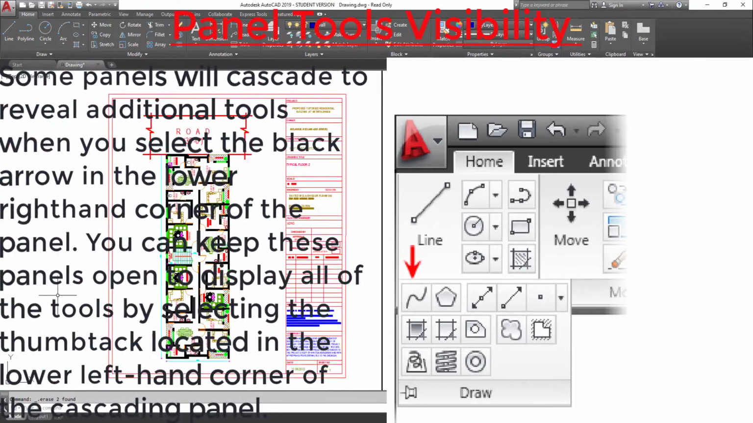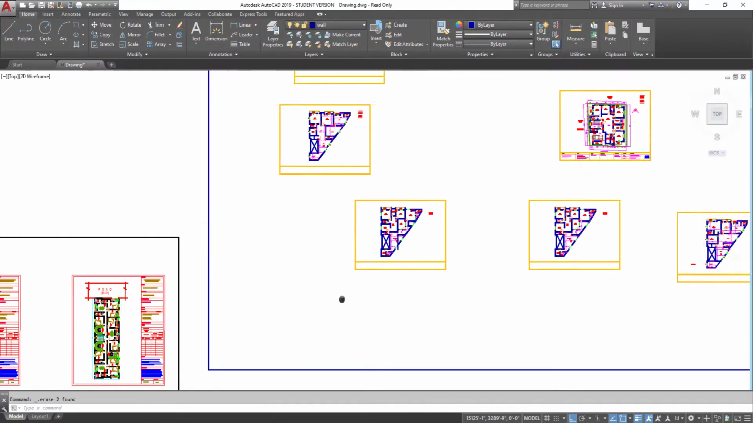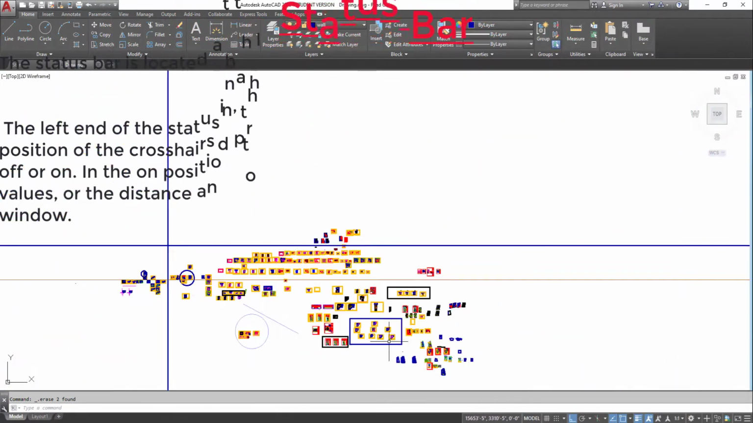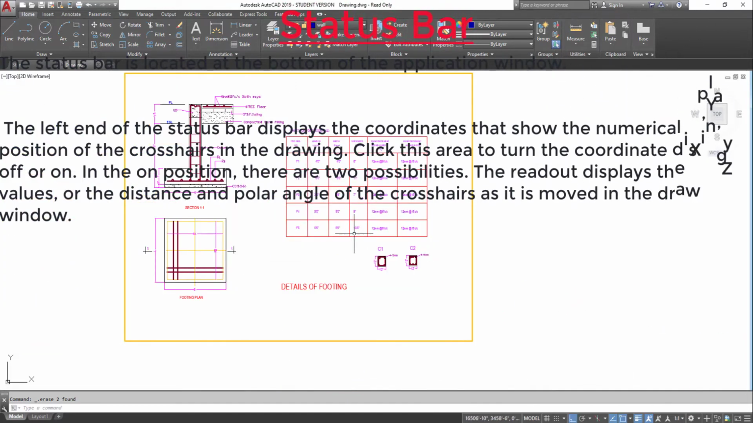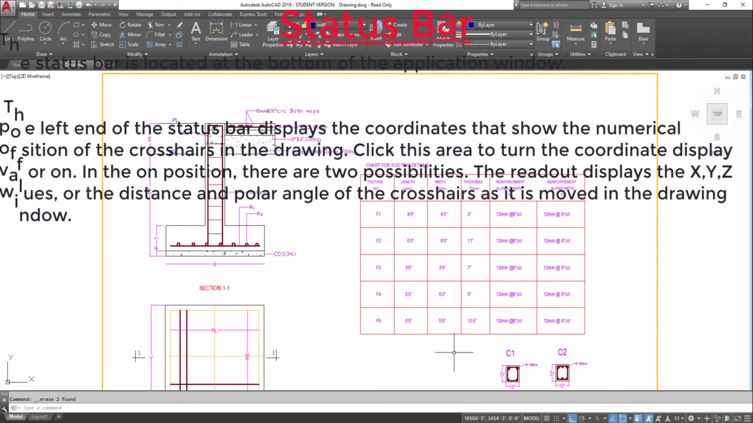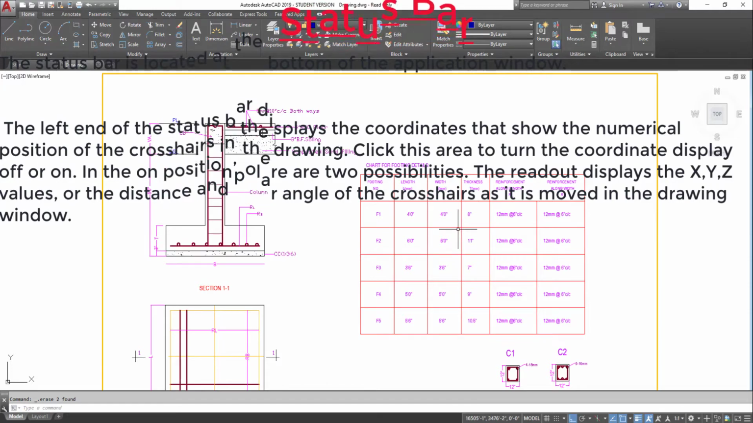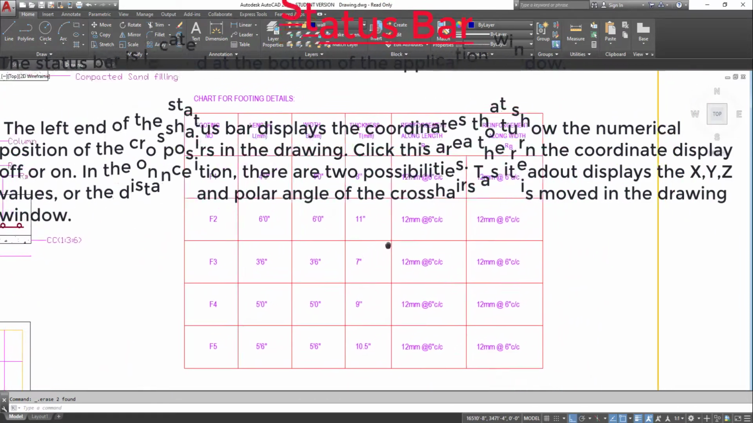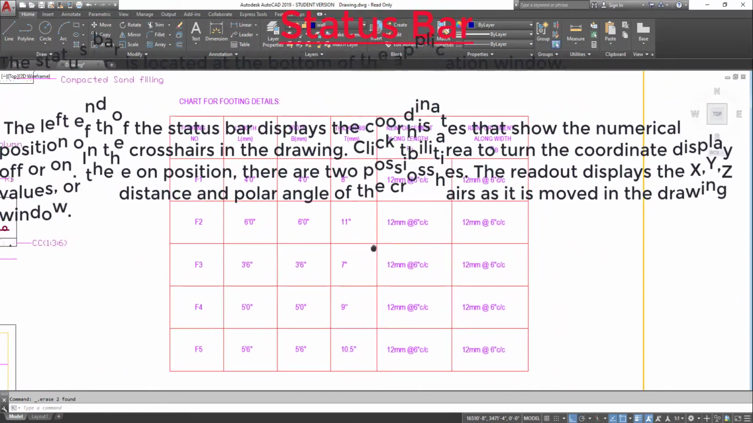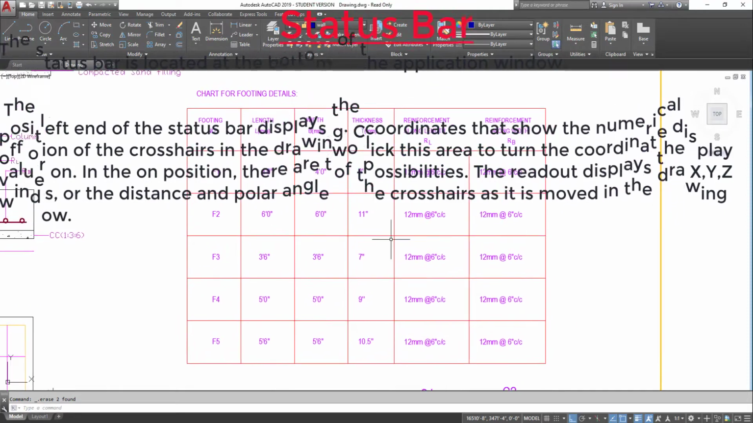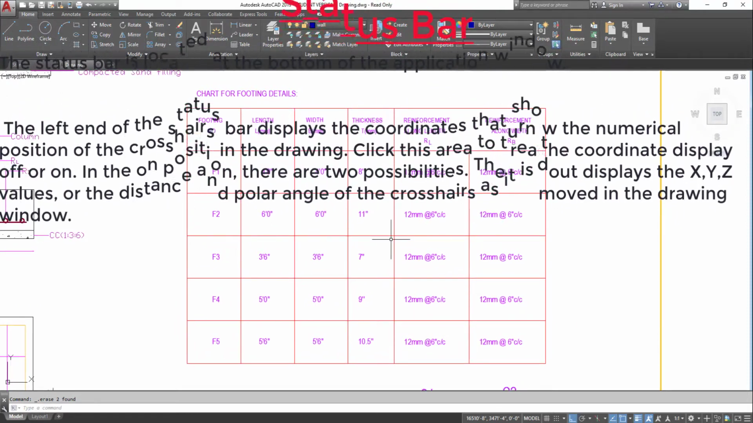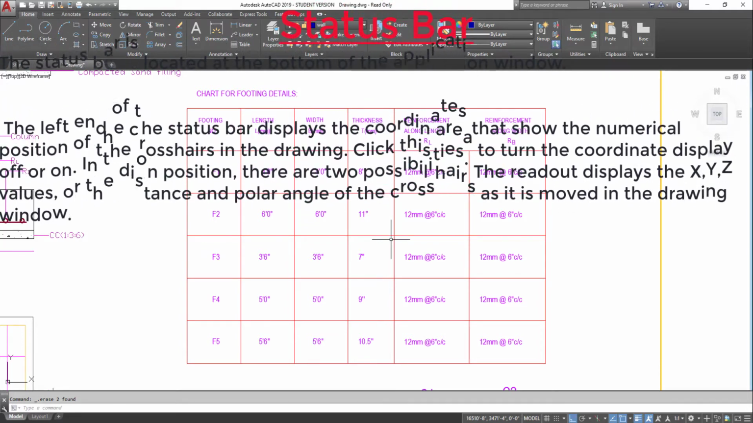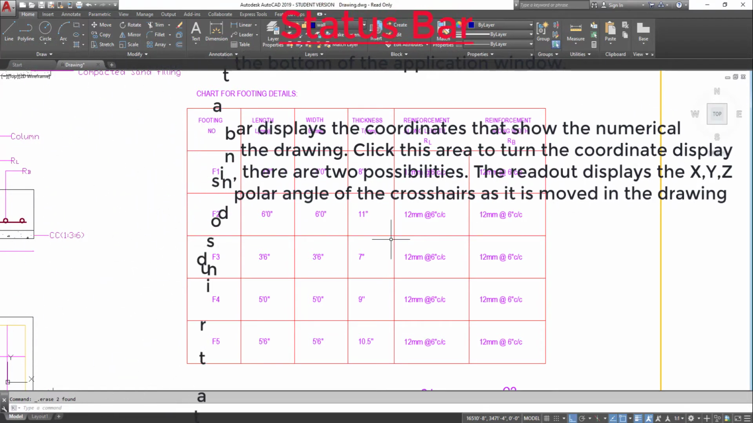Lesson: Navigating the working environment. 13. Status bar: the status bar is located at the bottom of the application window. The left end of the status bar displays the coordinates that show the numerical position of the crosshairs in the drawing. Click this area to turn the coordinate display off or on. In the on position, there are two possibilities. The readout displays the XYZ values, or the distance and polar angle of the crosshairs as it is moved in